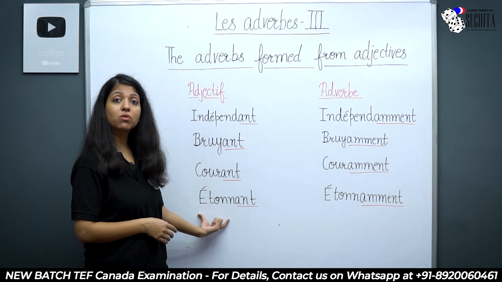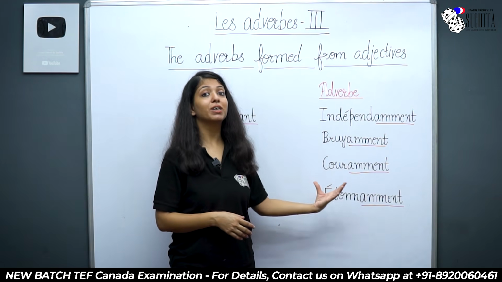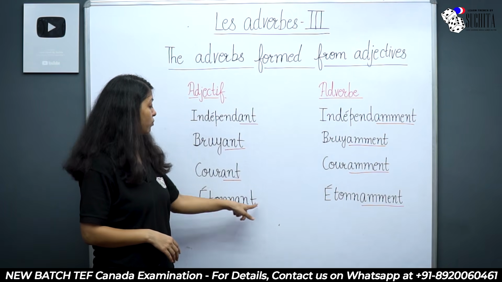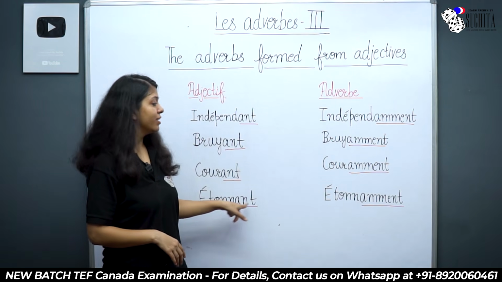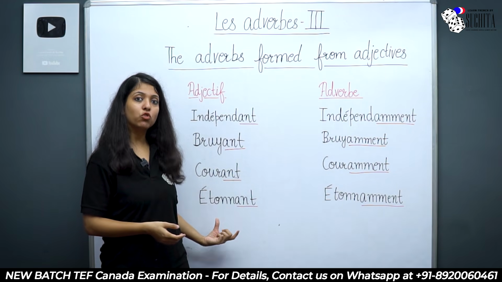Étonnant, surprising. From surprising, I need to make surprisingly. Now, étonnant, ending with A-N-T, remove that. We need to write till N over here and then add A-double-M-E-N-T. So, étonnant,